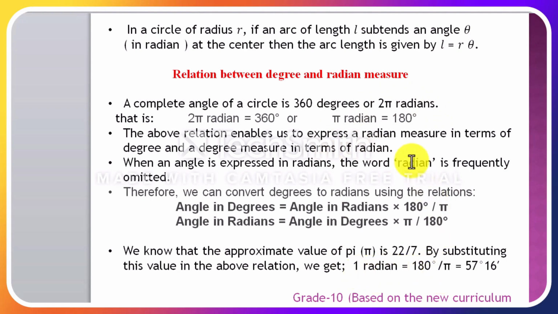በዲግሪ 1 ራዲያን ስንት ነው የሚለውን እዚህ ጋር የፓይን ዋጋ ሰብስቲዩት አድርገን ማወቅ እንችላለን። ስለዚህ 22/7ኛን እዚህ ጋር ሰብስቲዩት ስናደርግ ፓይ ራዲያን 180 ዲግሪ ከሆነ ኦቨር ፓይ ስናደርግ ምን ይሆናል? 1 ራዲያን is equal to 180 ዲግሪ ኦቨር ፓይ ይሆናል። ስለዚህ የፓይ ዋጋ 22/7ኛን ስንተካ ስንት እናገኛለን? 57 ዲግሪ ከ16 ሚኒት ምናምን የሚል እናገኛለን ማለት። ስለዚህ እዚህ ጋር እንዳንረሳ 1 ራዲያን 57 ዲግሪ ከ16 ሚኒት approximately ይሆናል ማለት ነው።